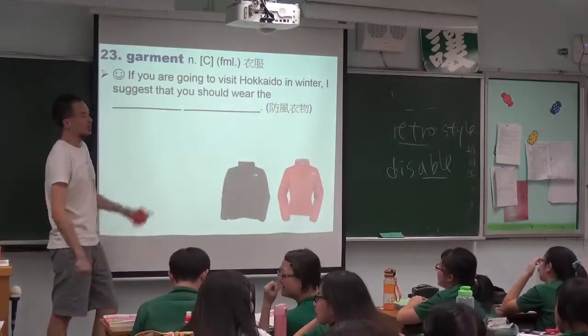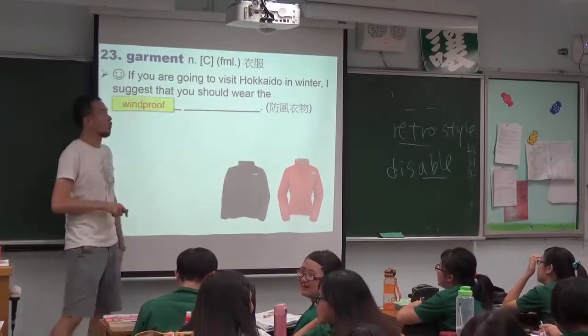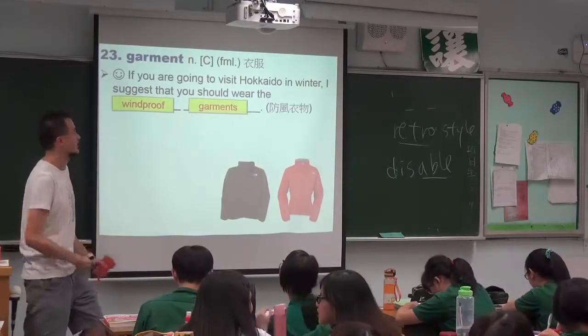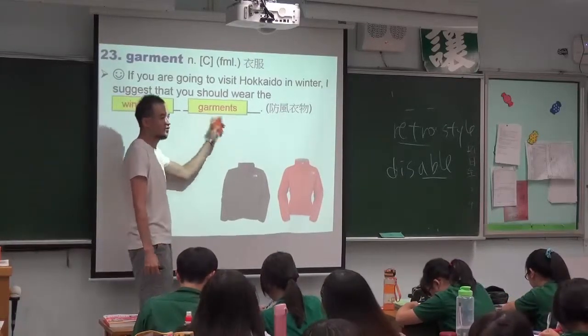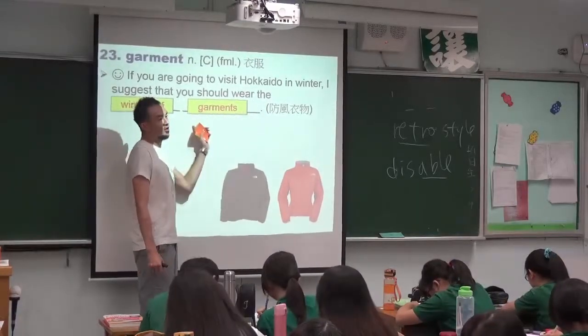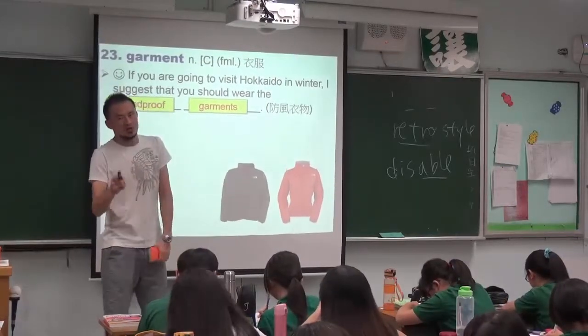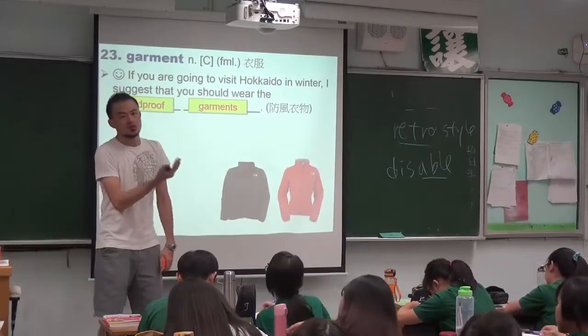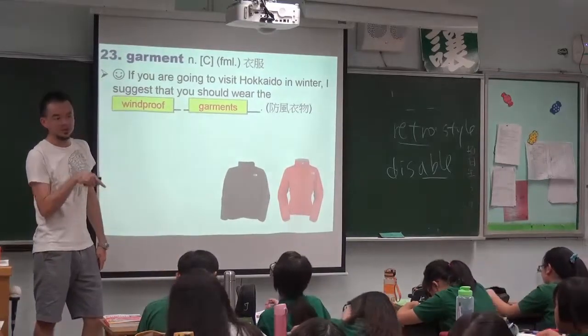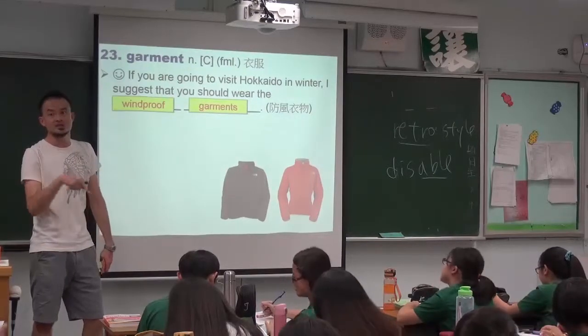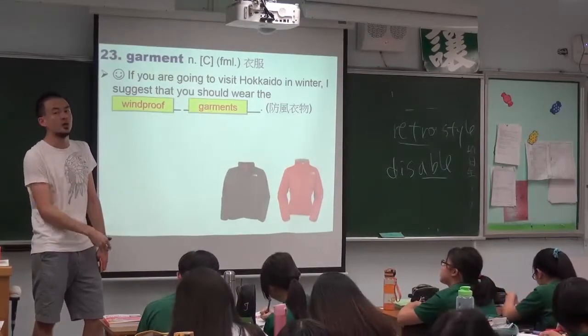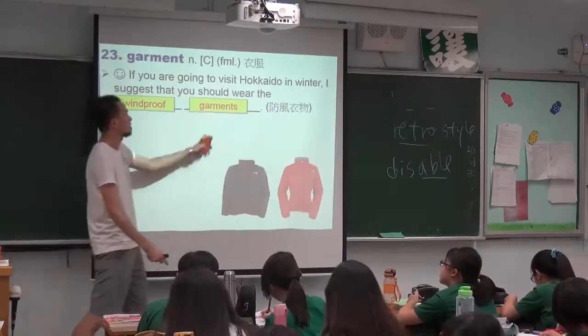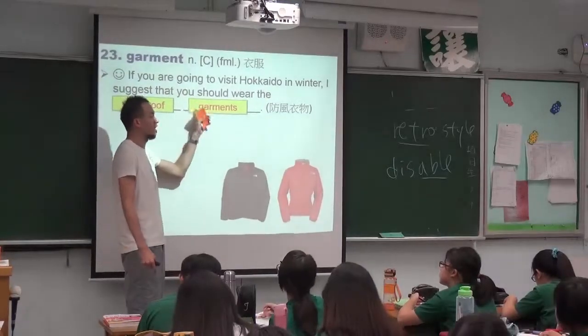Anyway, I suggest that you should wear the waterproof 防水、防风的 windproof. Yeah, windproof garments. So like here you can say windproof clothes, windproof garments. The only difference between clothes and garments is that garment, one garment, 2 garments. Clothes 一定要加 a piece of. 就跟 advice 一样 a piece of clothes. 真的要强调一件衣物的话 a piece of clothes. But here if you say garments, you need to add a garment, 2 garments.